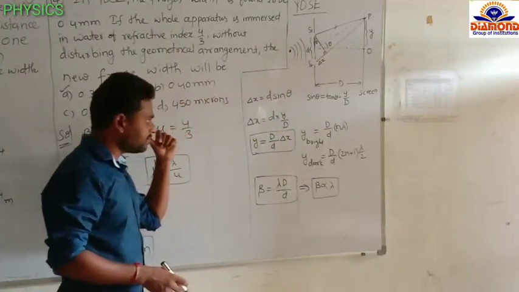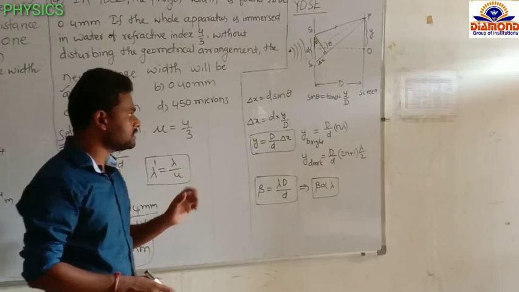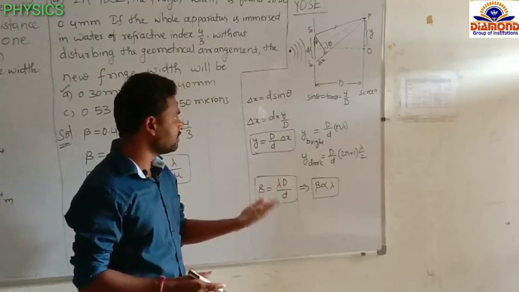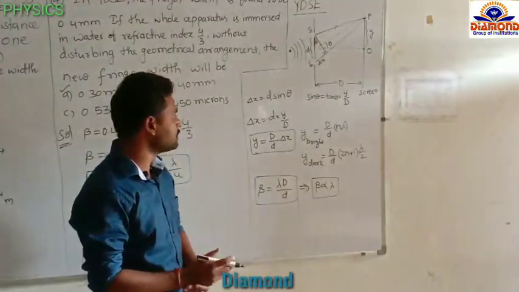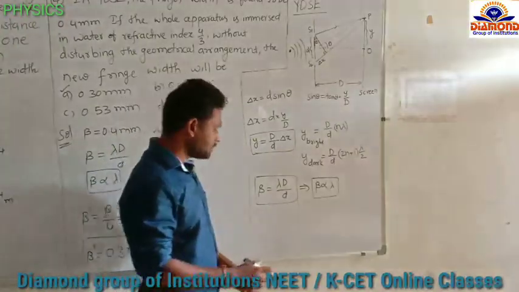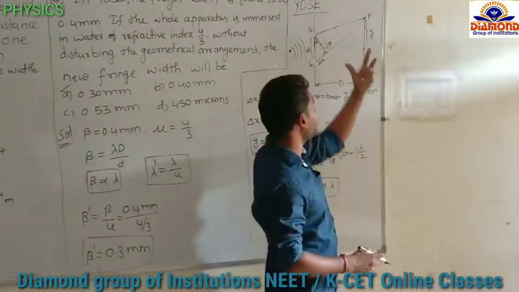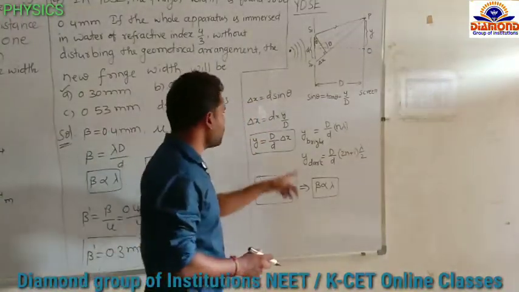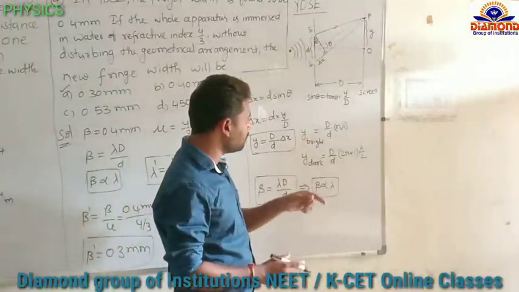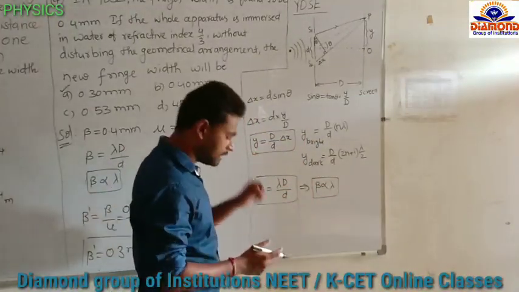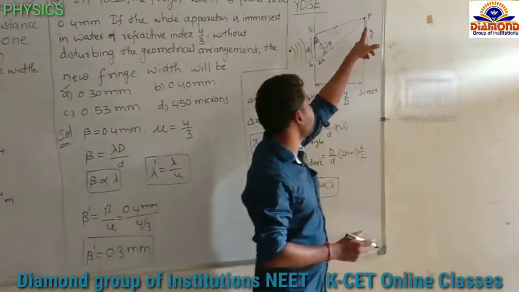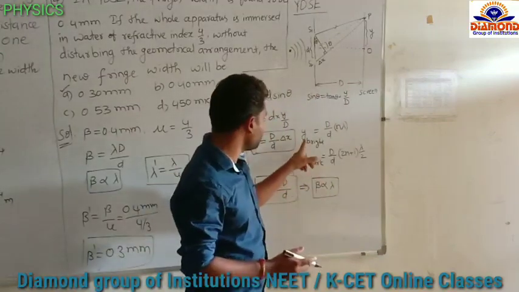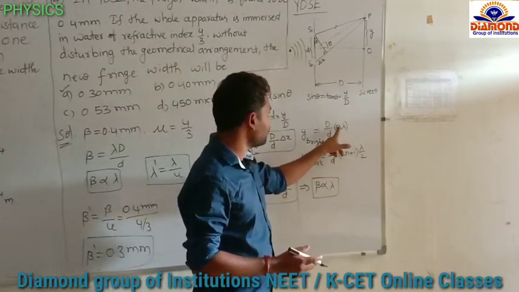Already in the initial interference concept we discussed the path differences for constructive interference and for destructive interference. Suppose at the point P we are getting a bright fringe. A bright fringe is due to constructive interference. So the path difference is an even multiple of lambda by 2, that is n lambda. So if the bright fringe is forming here, the position of this bright fringe from O we can find with the formula y bright equal to capital D by small d into n lambda.